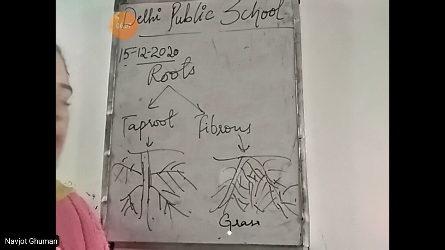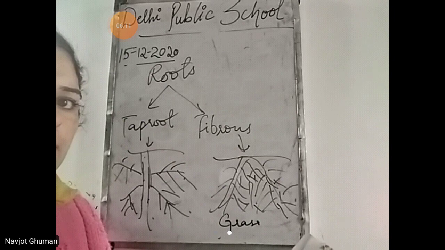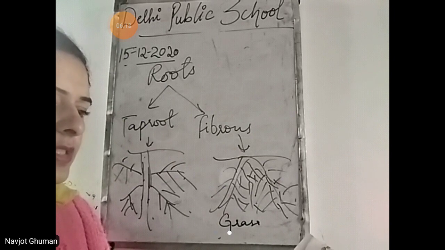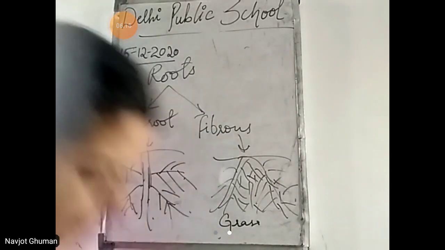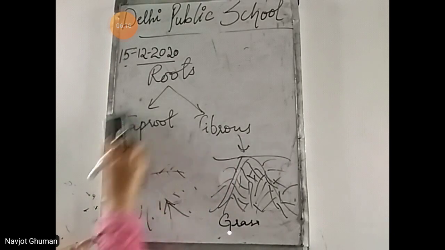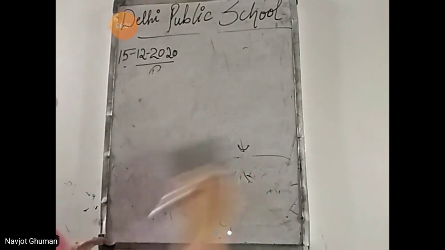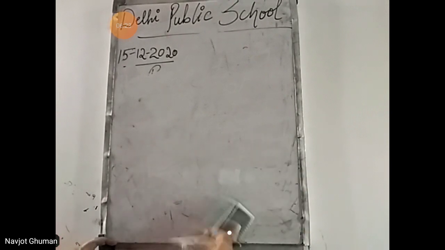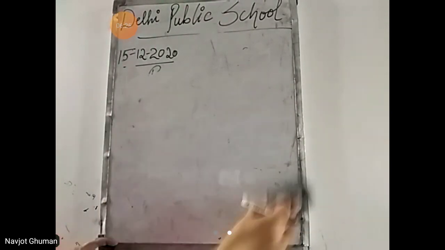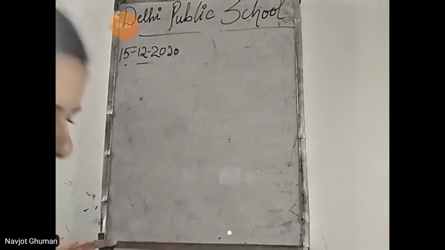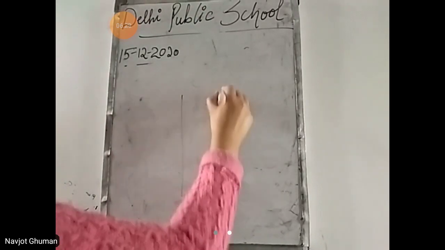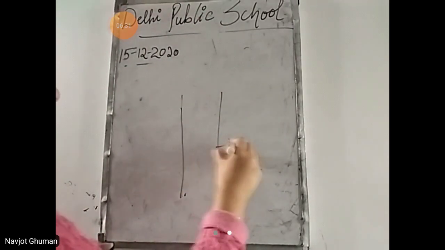Then comes your stem portion, जो above the ground है, वहां पे आ जाओ. That is the stem, shoot portion. First is your stem. Stem can be weak also, stem can be strong also. Some trees or plants have very strong stems. They are very thick, बहुत ज्यादा मोटी होती है उनकी stems, and they are very strong. They are called trunk. जो मोटी होती है stem उन्हें बोलते हैं trunk. Like banyan tree.